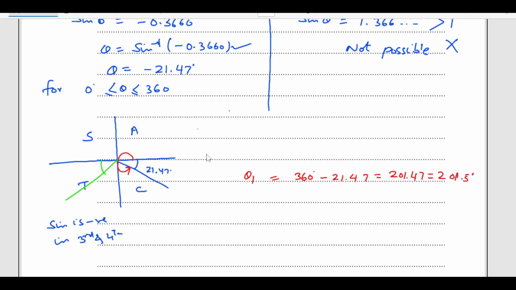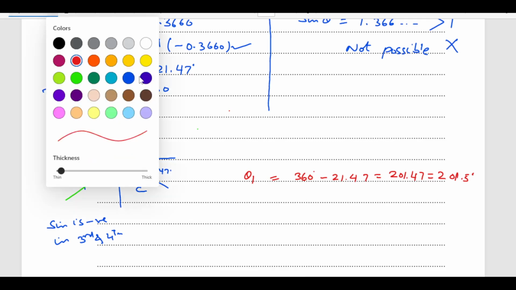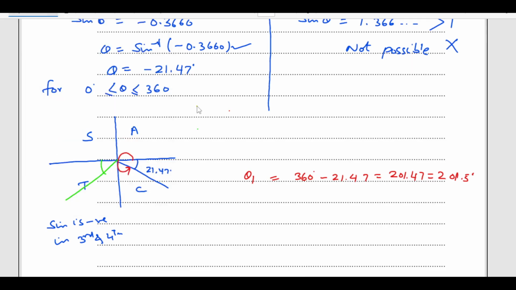Then theta 2: we are looking for the angle from here up to this one. You see this angle is 21.47, and this is 180. So theta 2 is going to be 180 plus 21.47, which gives us